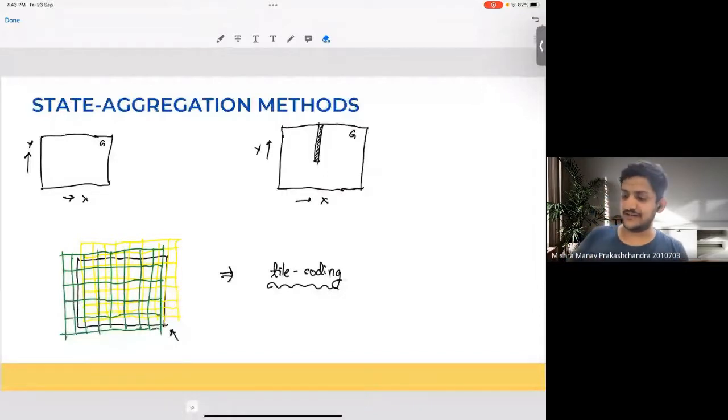So let's say you have a state. Let's say there's an application for a robot, right? In the real world, it has to go from some start location to a goal location, right? So let's say this is my start location. Okay,